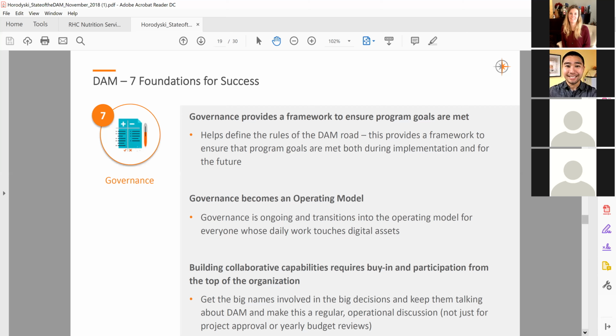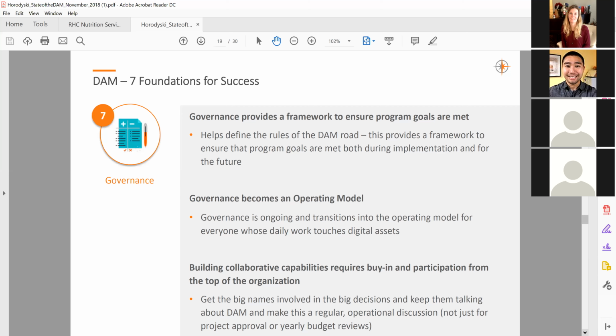And then I wanted to include in this slide for you that building collaborative capabilities requires both buy-in and participation from the top of the organization. So there are people who will be using this on a day-to-day level, but you do need executive or senior management buy-in to really have this be effective. You're looking for a solid ROI, otherwise known as return on investment, around this. And active governance does deliver and can sustain success for you by allowing senior management approval and buy-in from their level, which will then trickle down to all levels of the organization.